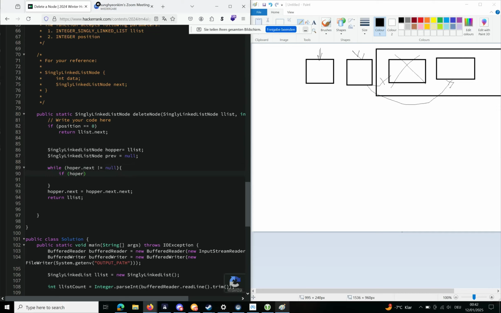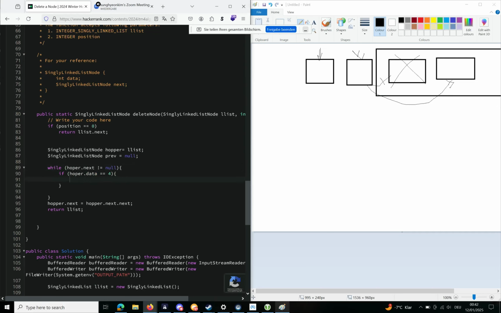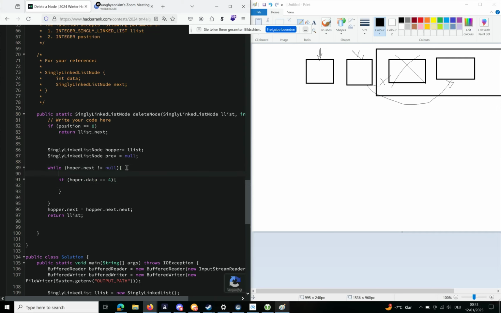If hopper.data equals, let's just say, 4. Let's just say we're trying to figure out whether that. And now we have hopper data. So what we're going to do now is say hopper,